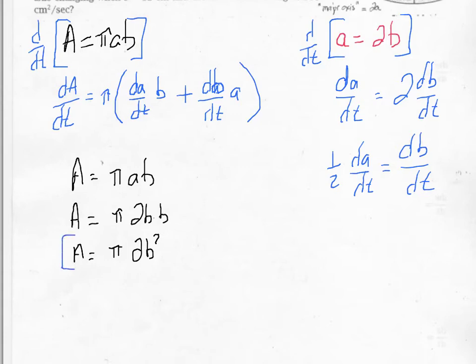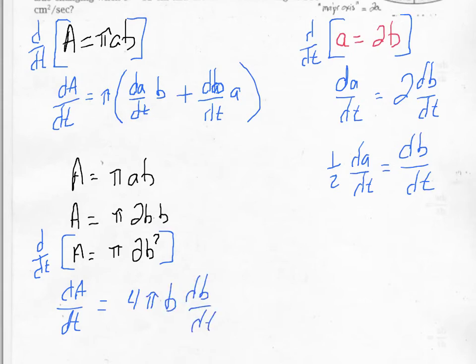And then if you take the derivative of this with respect to time, there we go, my notation is caught up with my vocabulary, you will end up with dA/dt equals 4 pi b dB/dt, or